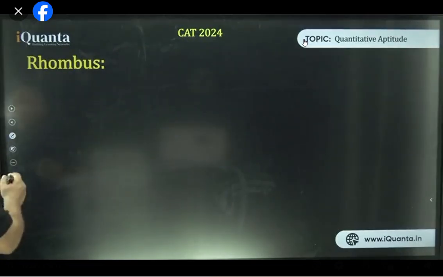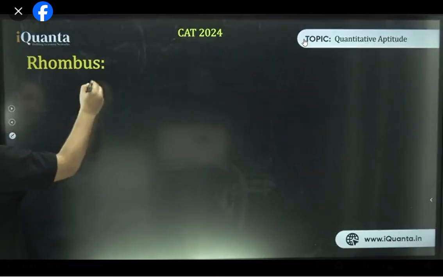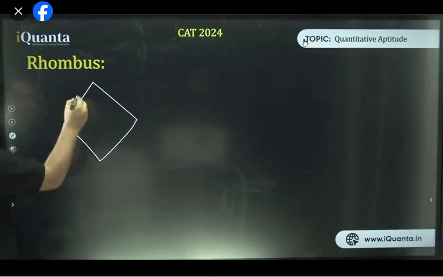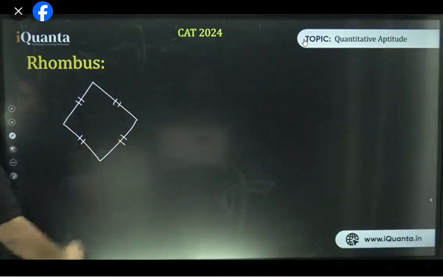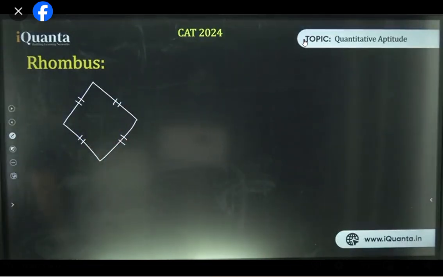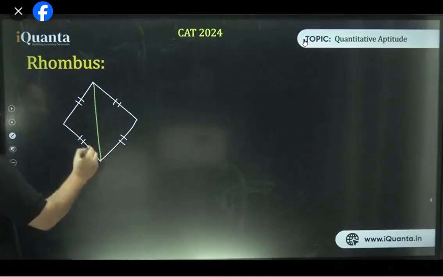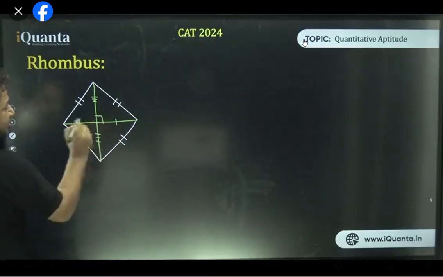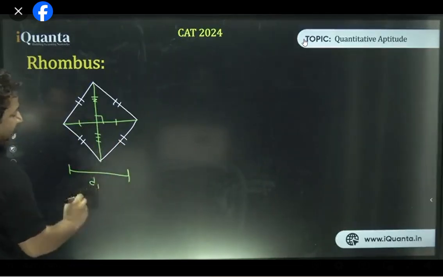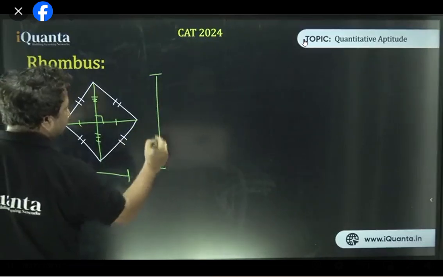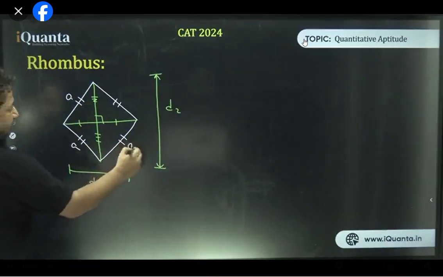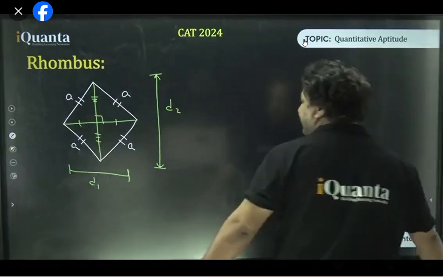Now, rhombus. Rhombus काफी interesting है. You know, the best thing about rhombus, all the sides are equal, but the adjacent sides are not necessarily at right angles. Okay? देखो यहाँ पे अगर मैं diagonals बनाऊंगा, the diagonals will bisect each other at 90 degrees, and diagonals also will not be equal. If I assume this to be D1, diagonal 1, and this to be diagonal 2, D1, D2 are not equal, and I'm assuming the sides to be A.